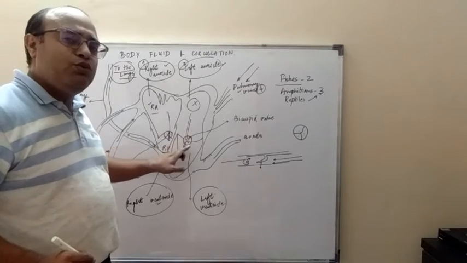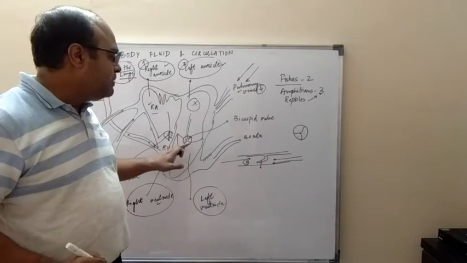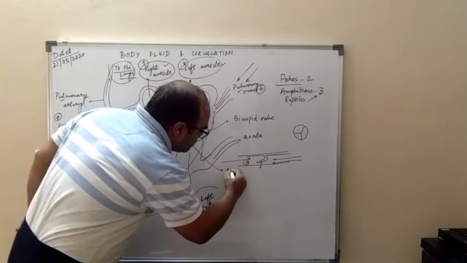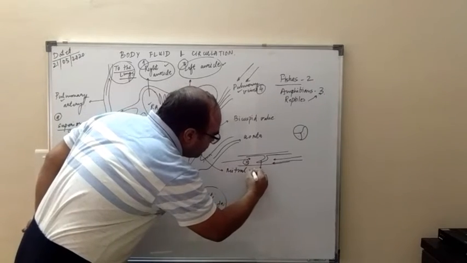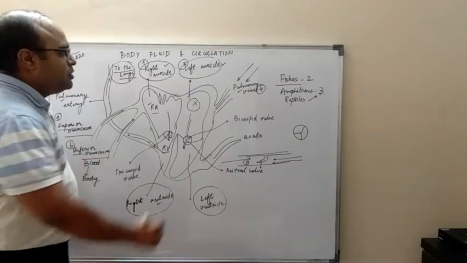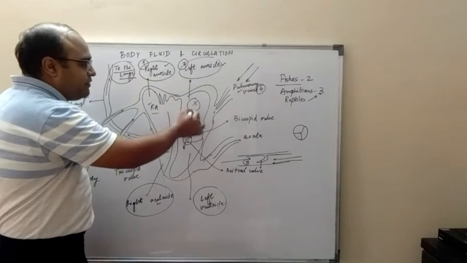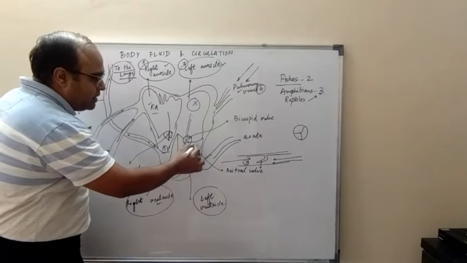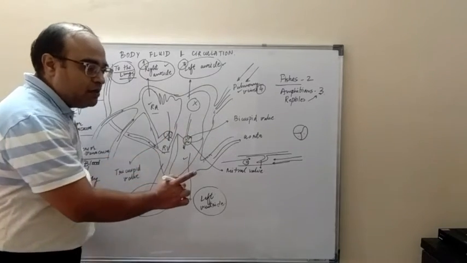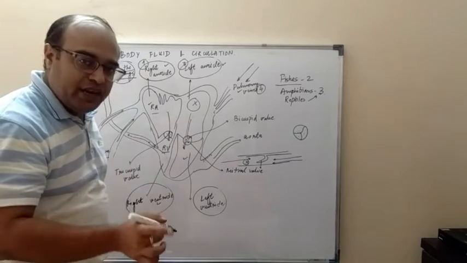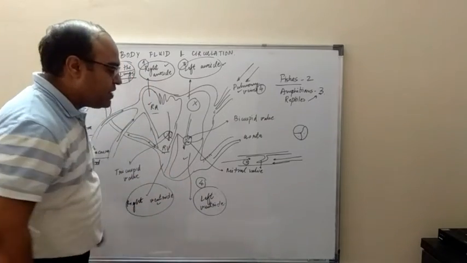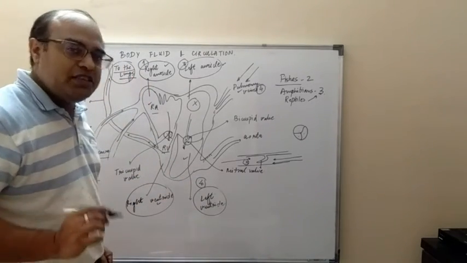You can see that there are two leaves in this valve, so it would be known as the mitral valve, or it is also known as bicuspid valve. So the oxygenated blood from the left auricle is passed into the left ventricle through an auriculoventricular valve. This valve is known as mitral valve. The left ventricle, which is the fourth chamber of the heart, is also receiving oxygenated blood.